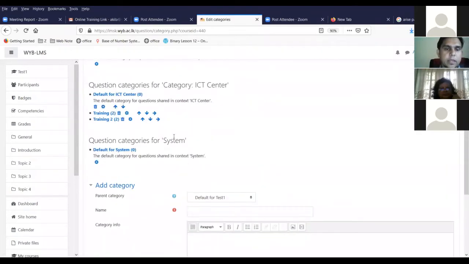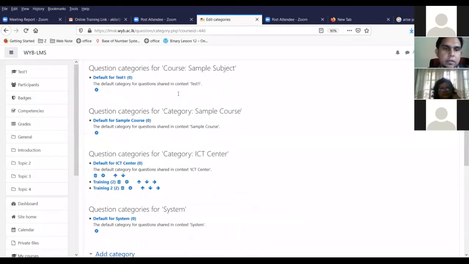Now it is very important that you select the correct category. For example, if you're going to create a question bank and after that you're going to use the same questions for the next batch or in some other subject, then you can't access the question bank if you have created it in a department. In that case, you have to create the question bank in your faculty level category, the top level category. I think you got me.